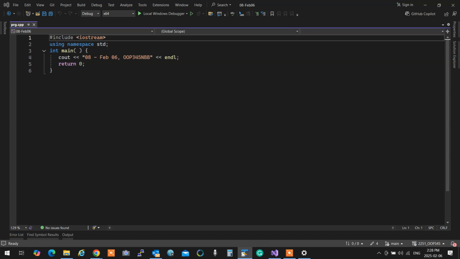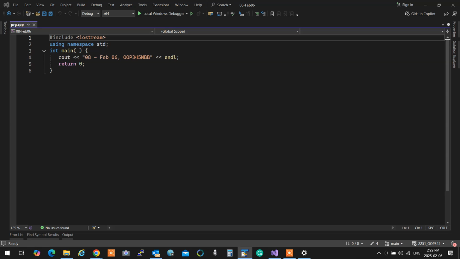Those things are called iterators. Iterators are classes that are within the container.